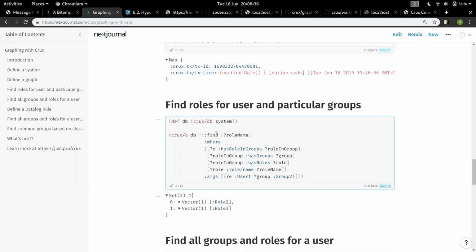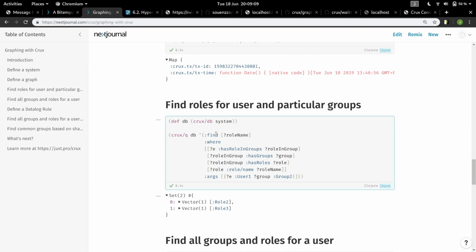So here we have role name. That's the only thing we actually care about, and that's what we're picking out here. The role name is role name 2 or role name 3. So this query here is taking in user 1. It's saying, show me all the groups that user has a role in. Then for each of those groups, get me the role name and the group name, or just the role name, sorry. And then for each of those roles, get me the role names. It's doing this sort of recursive lookup of information, which is absolutely essential for graph queries.